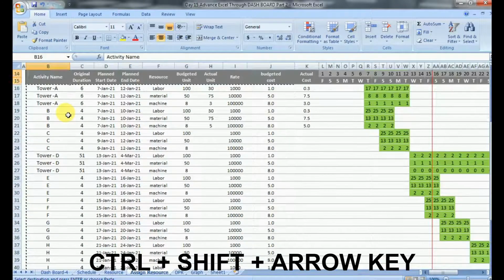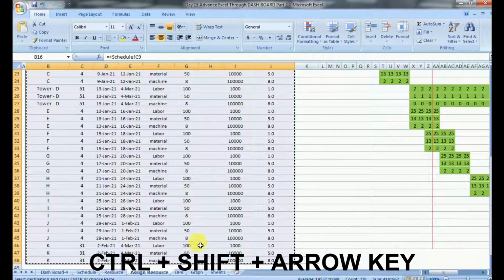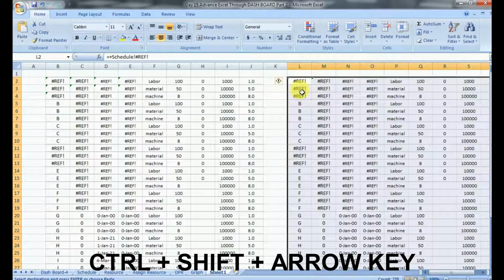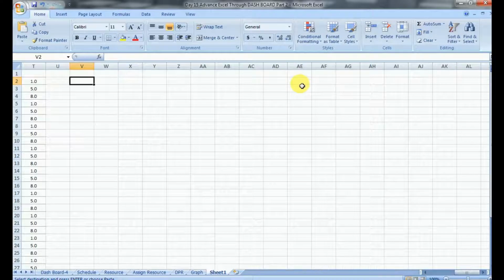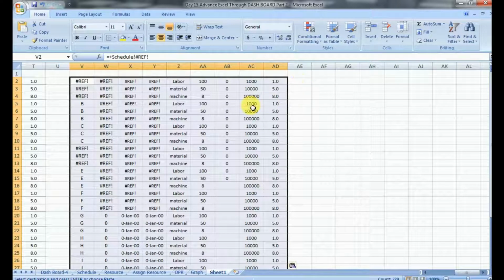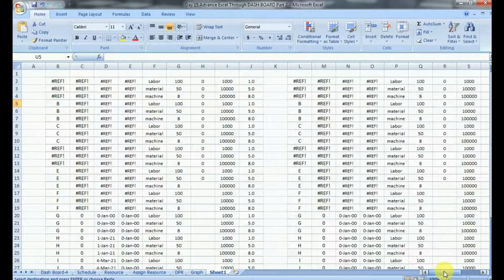So suppose we want to copy this data. All I have to do is to use the Shift arrow button to select the row and then Control downward key to select the entire cell. You must try and master the Shift arrow, Control arrow and the combination of both to increase the speed of your working in Excel.